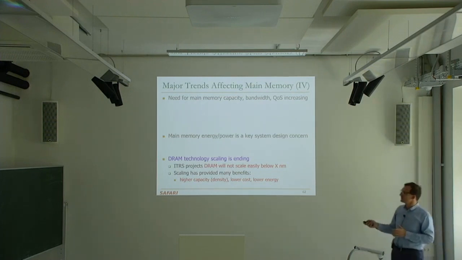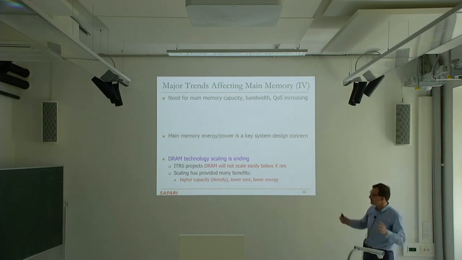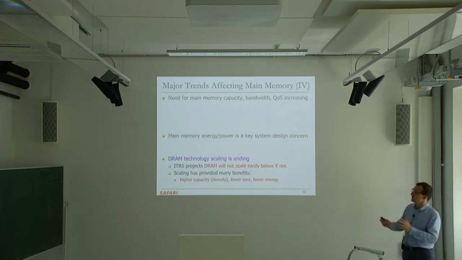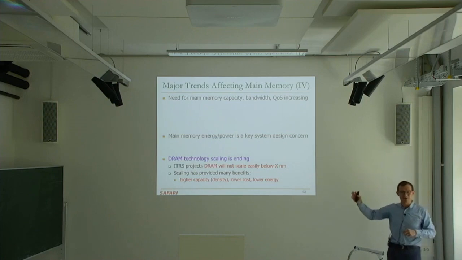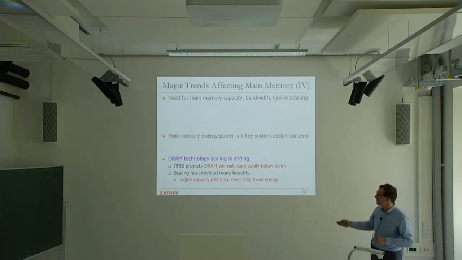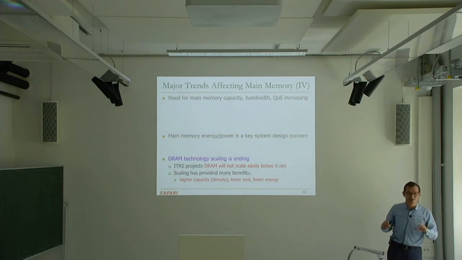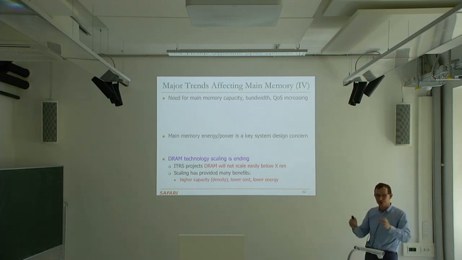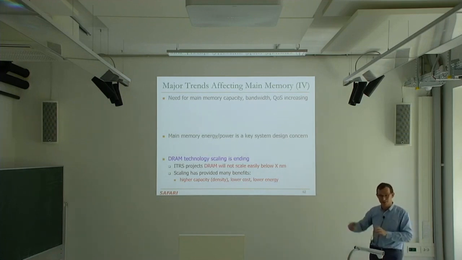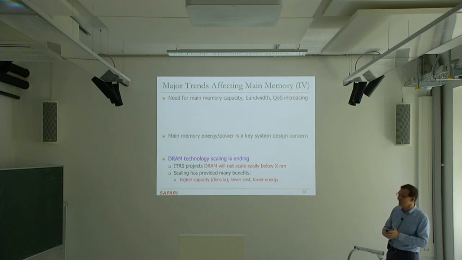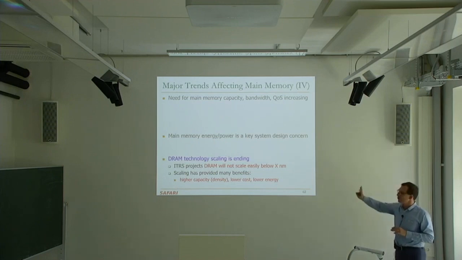Now we're having difficulties with this because as we reduce the size of the circuit, first of all, energy is not reducing as much today. This is called Dennard scaling. Bob Dennard is actually the person who invented DRAM in 1965. He also had this technology scaling theory. It's called Dennard scaling. As you reduce the size of the circuit, you get energy reductions as well, but that's becoming not so feasible today, because things are too small and energy is not reducing as much. So as a result, I'm going to go into this more later on.